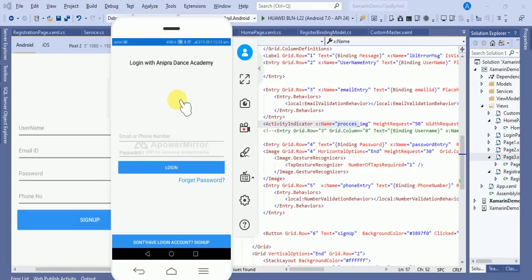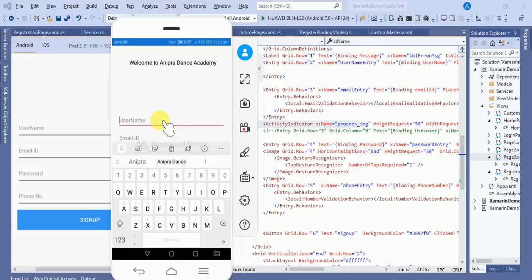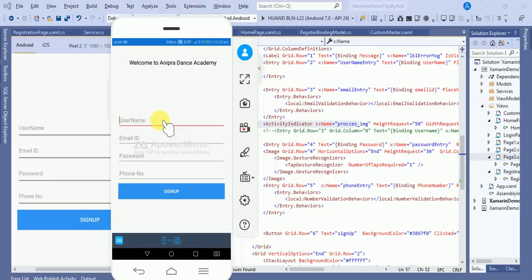Now I will go to the sign up button. Here I will enter the user name, tips by Anil, and the email ID, aniltips@gmail.com, and password.